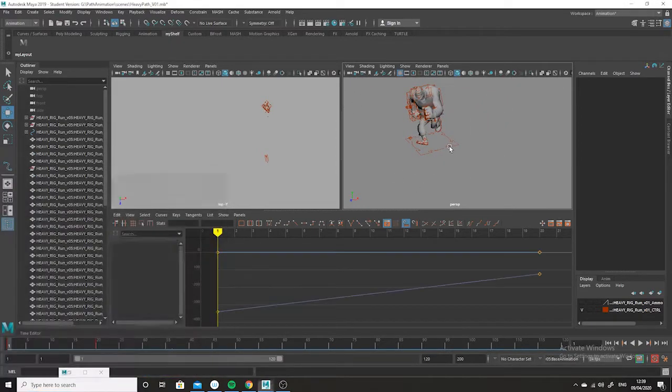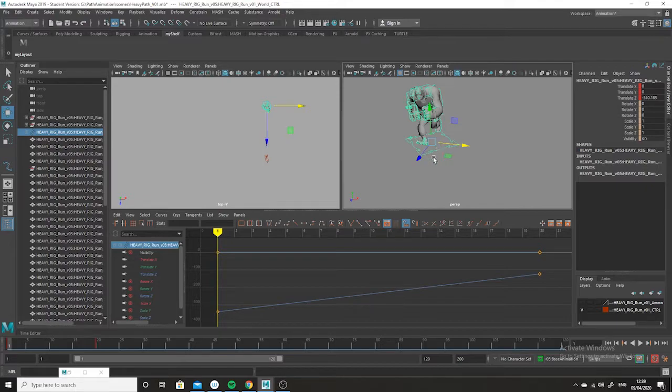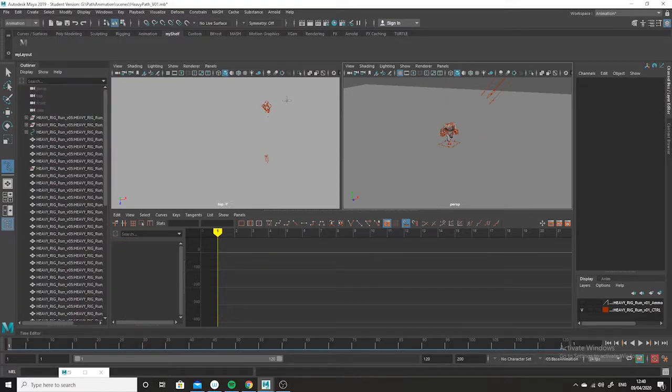Now you might think, well, the easiest thing to do is just put this bottom control, which we have moving forwards, put that on a path. But the problem is that doesn't really work, because in essence the bottom control is not an easy control to get animation on. I'll show you what would happen if I put this on a path. I'm just going to make a path quickly, so I'll just create curves, EP curve tool. I'm going to make a path here like this, press enter,